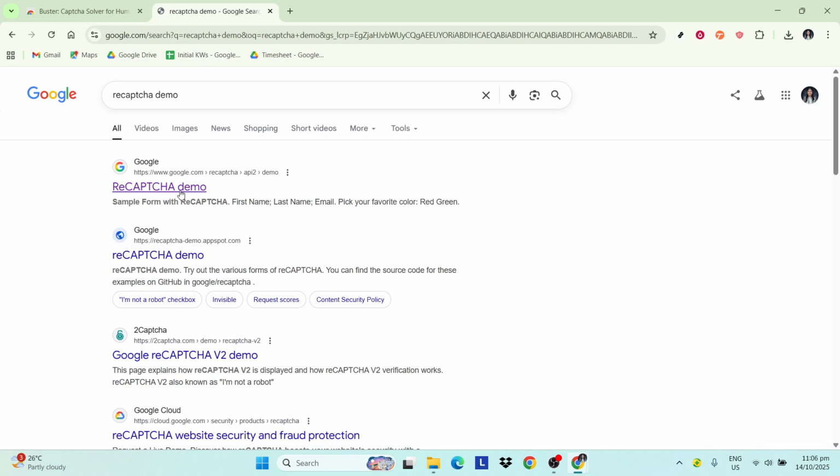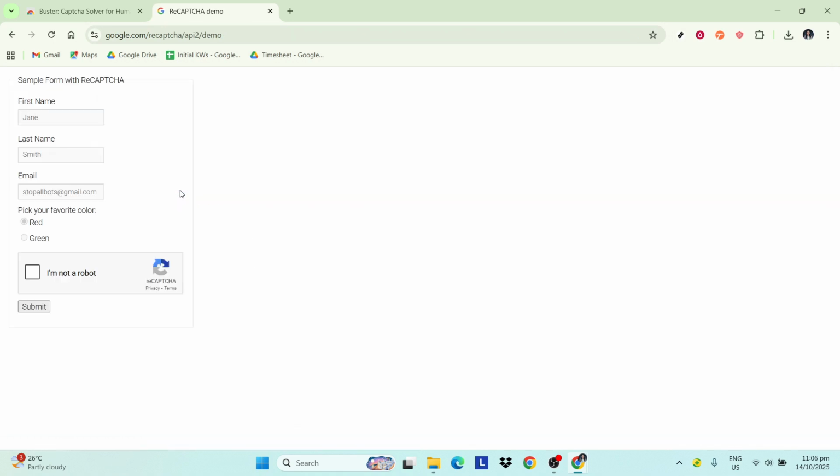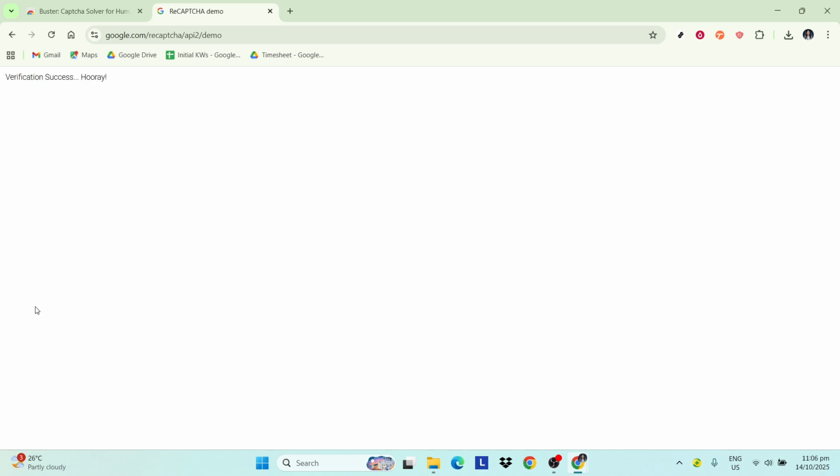What's great about using the Buster extension is that it will automatically manage this task for you without requiring you to select pictures of buses or traffic lights. Pretty neat, right? With Buster, you'll quickly notice that you don't need to manually solve the CAPTCHA puzzles anymore. This can save you time and help maintain your flow, especially if you frequently encounter CAPTCHAs in your daily browsing